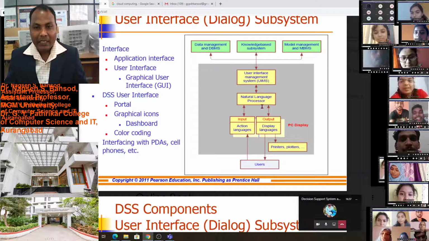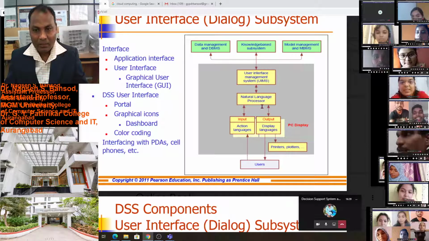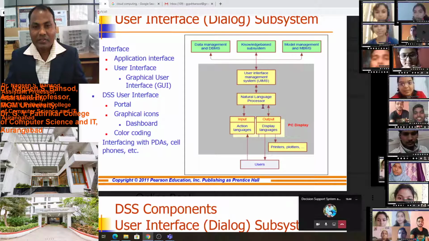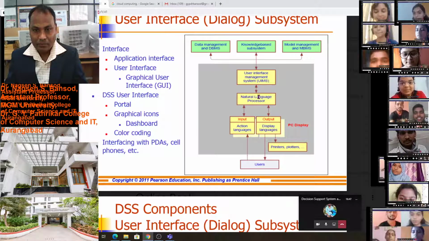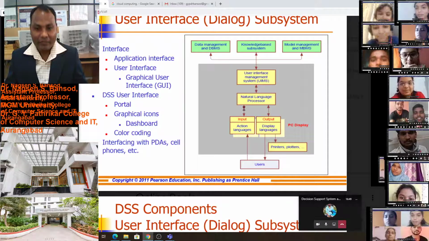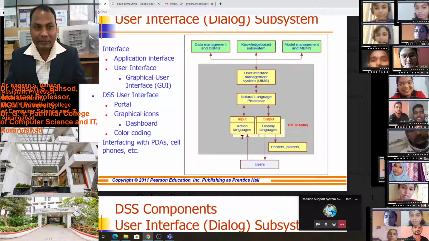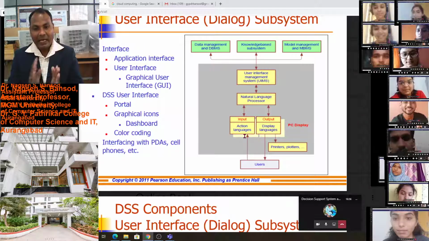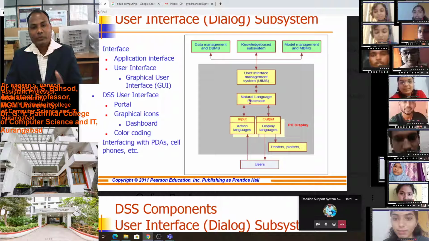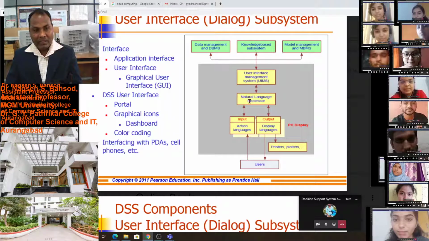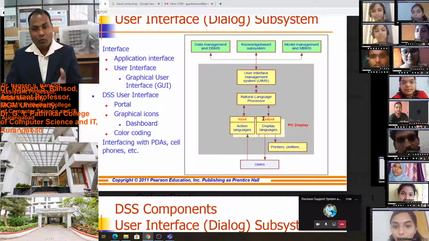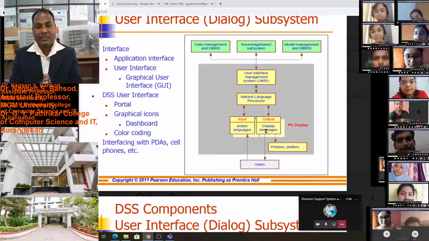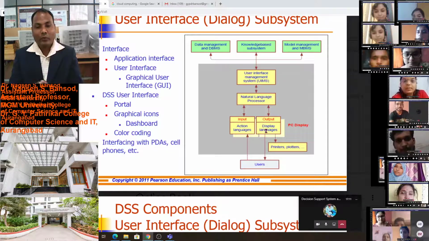Why? The natural language processor is there to convert simple natural language into the system's language, so we require interfaces. As input we provide natural languages, and by processing with the help of the natural language processor, we display the output as we require, as the customer requires, as the employee requires.